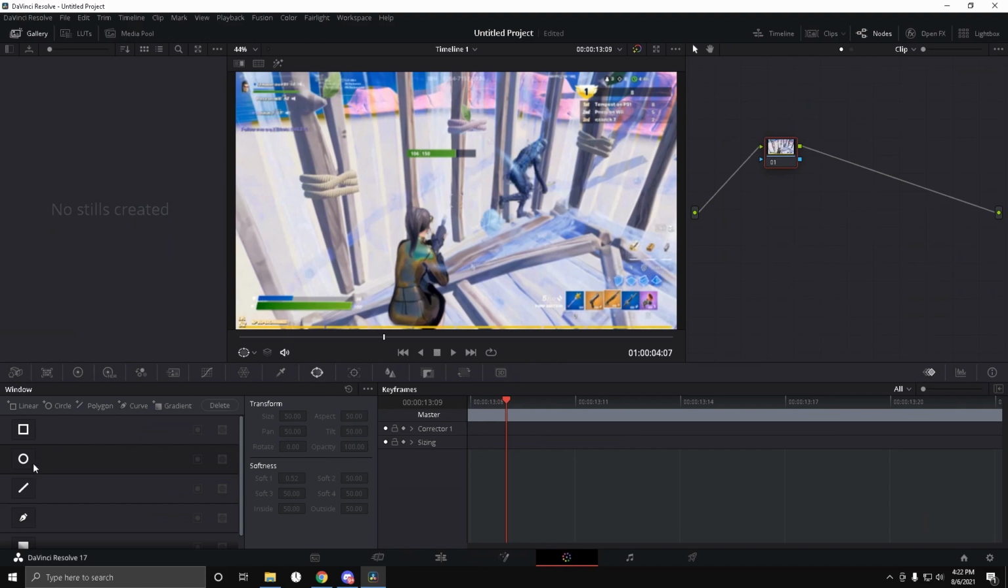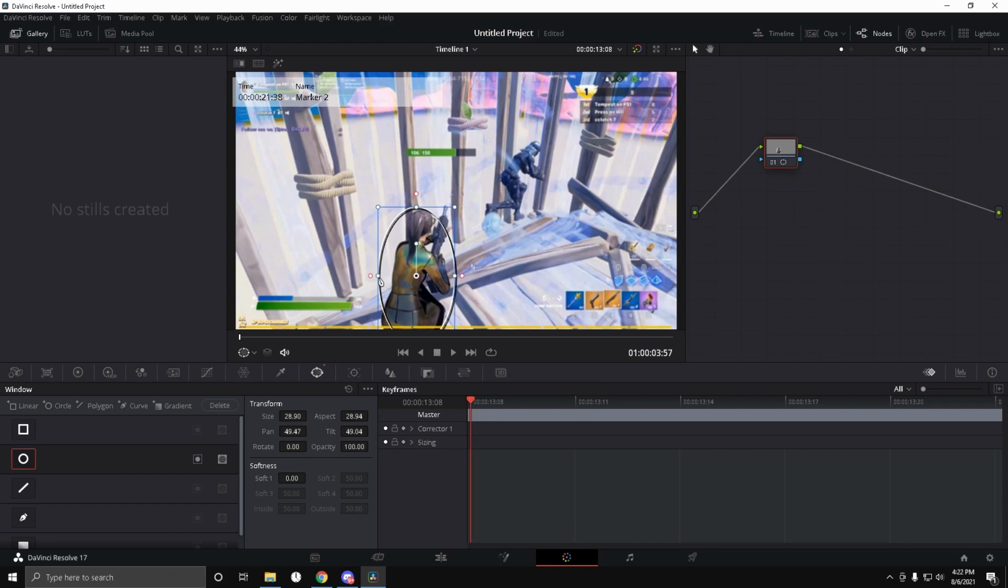You're going to want to click over here and click a circle, and this will fit a circle, and you're going to want to resize the circle to round your character. So on the first frame here, you want to resize the circle, and that's good enough, I think. And now you want to press keyframe corrector 1 and just go through every frame and